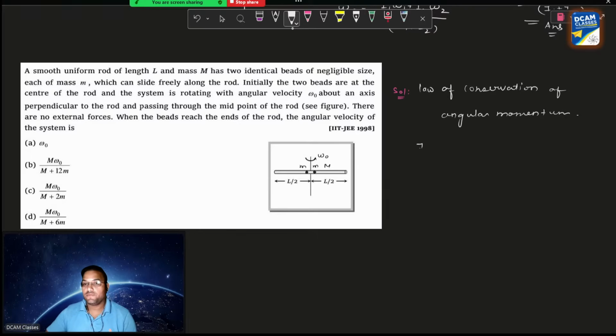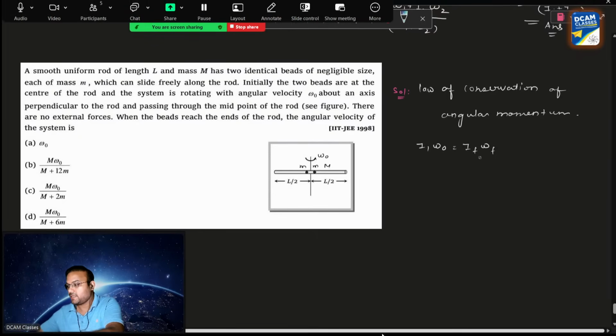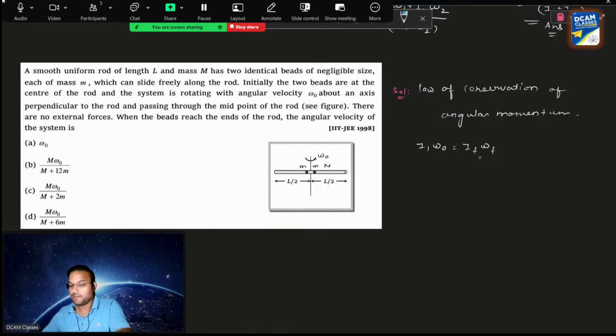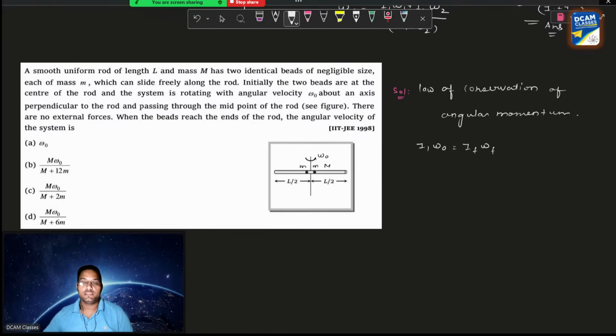Initially, the moment of inertia I1 omega naught is equal to I final omega final. Now, initially, the moment of inertia is only due to the rod, because these two masses are at the center. The distance from their axis is zero and negligible, so their moment of inertia won't be there. The moment of inertia of the rod about an axis passing through the center is, we remember that result,